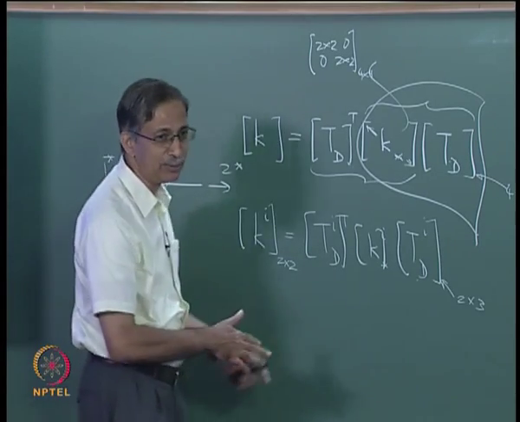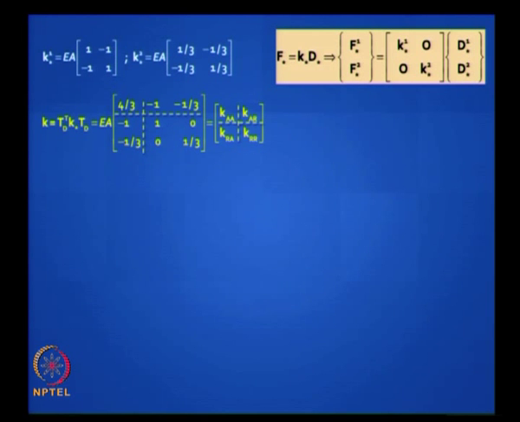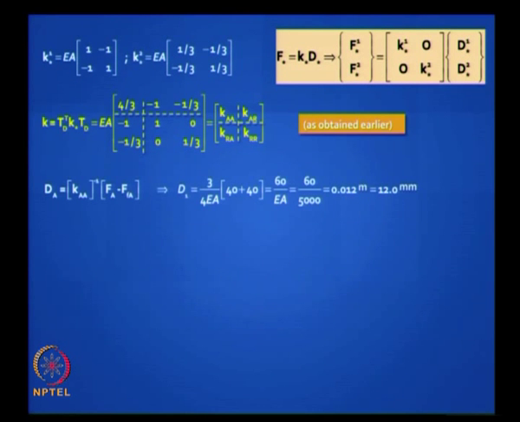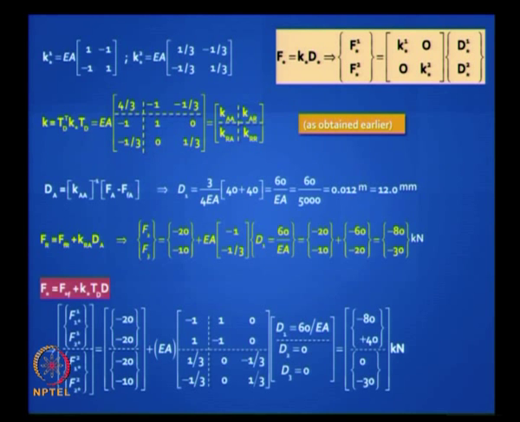So there are 2 ways you can do this calculation. You can do it this way and you will get the same answer that we got earlier, or you can do it for each element and add up the contributions, and you will get the same answer. Now you do exactly what you did earlier, so I can go fast. You can find the unknown displacement, plug it back into the second equation and get your reactions.